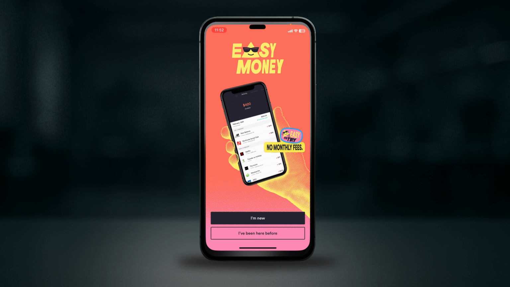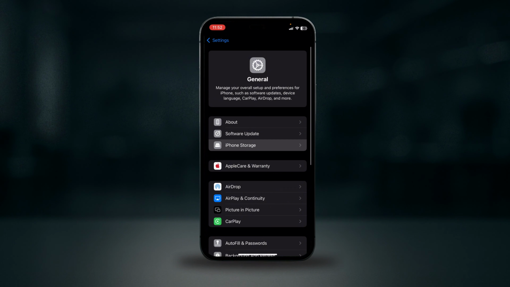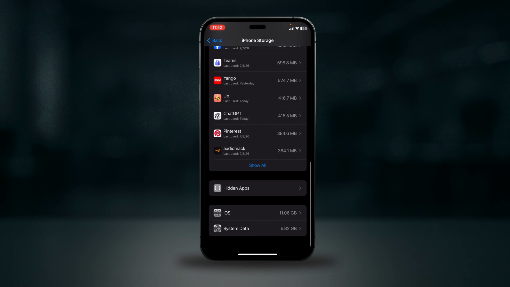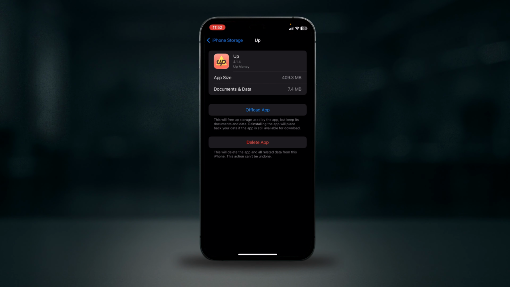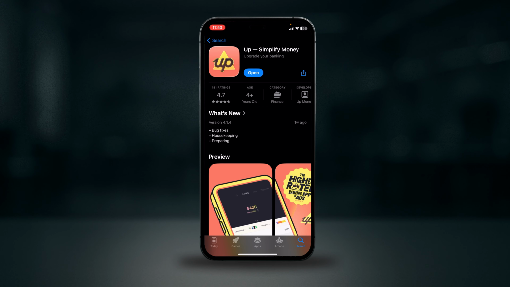If it's still stuck, go to settings, then go to General, iPhone Storage, scroll down and find Up, then offload the app. After offloading it, go to your App Store, search for Up Simplify Money and then reinstall it fresh